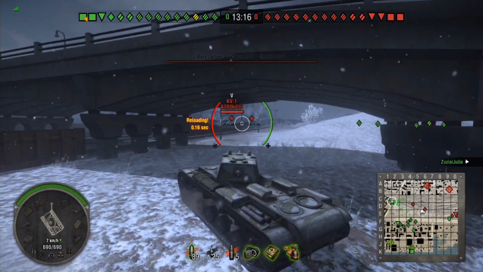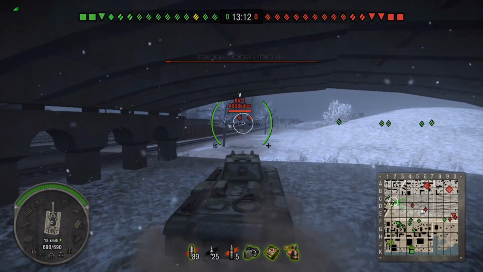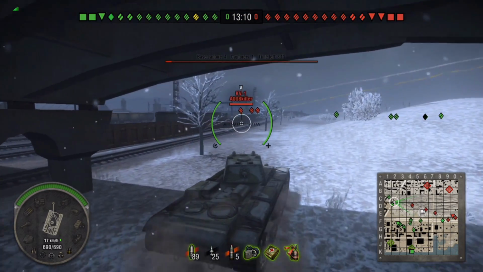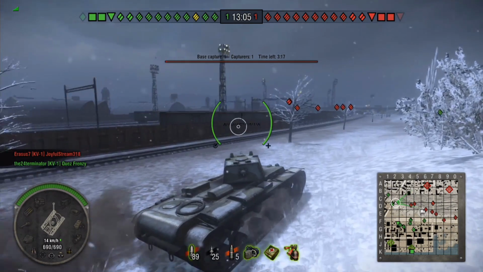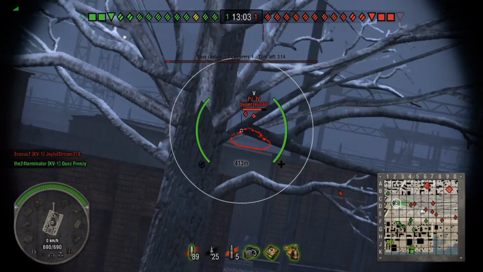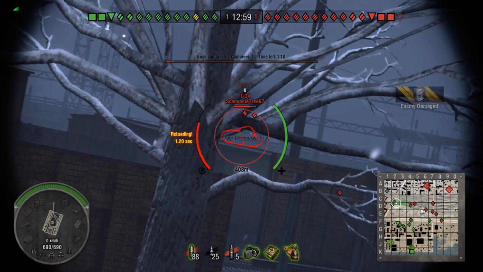I just took that shot to try and get rid of the destroyable objects in the middle of the flag. I was kind of derping around at the beginning, if I'm honest. But my teammates are putting some effective fire in and stopping the cap from going up, even though it is a long cap. I'm going to take a shot at the Panzer IV there, but it actually...